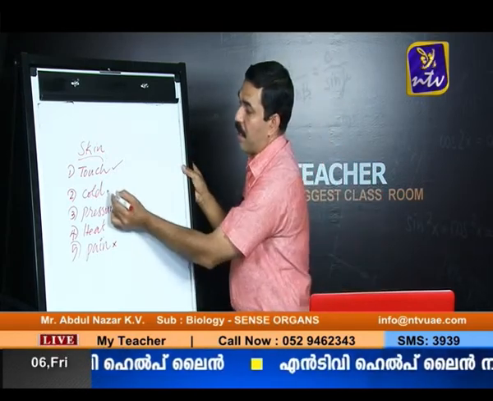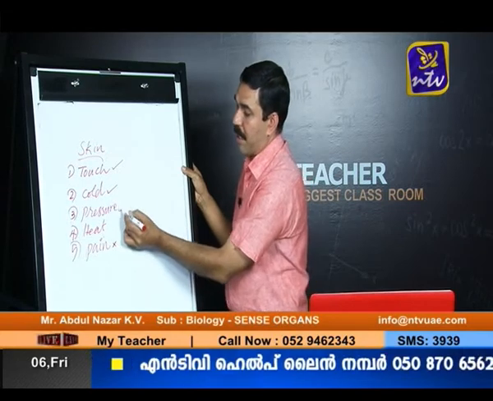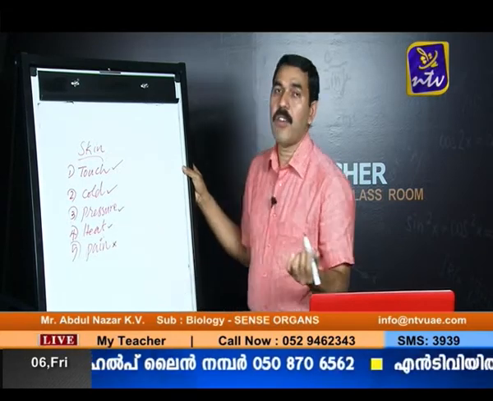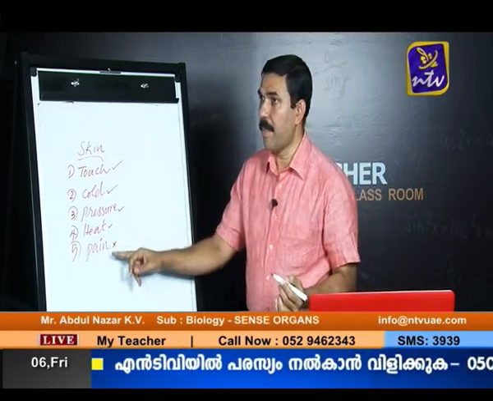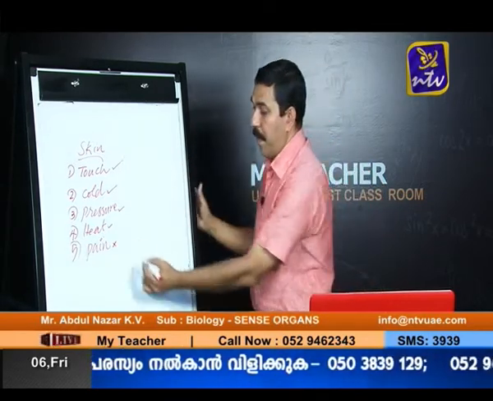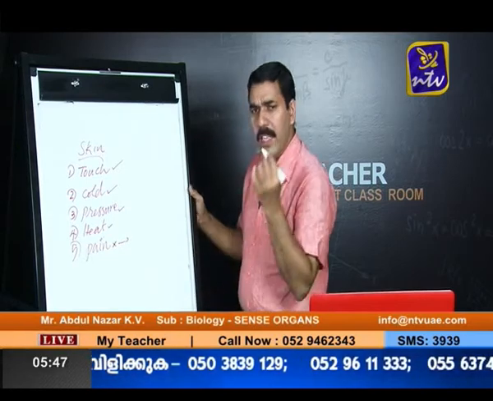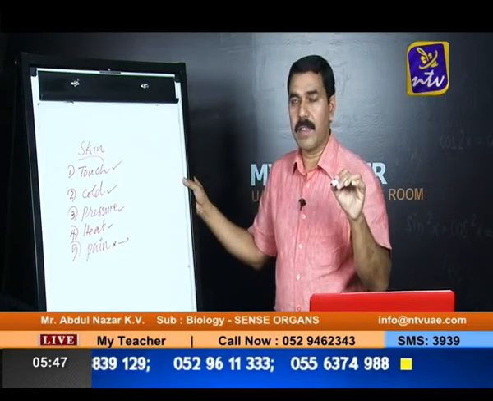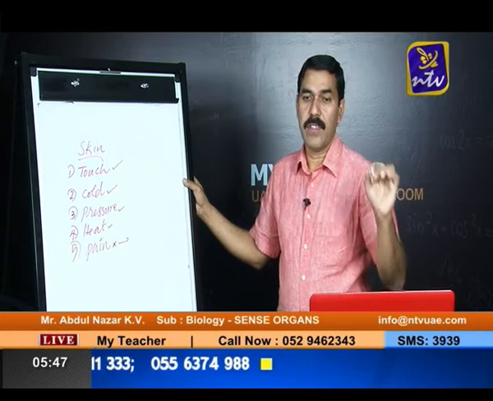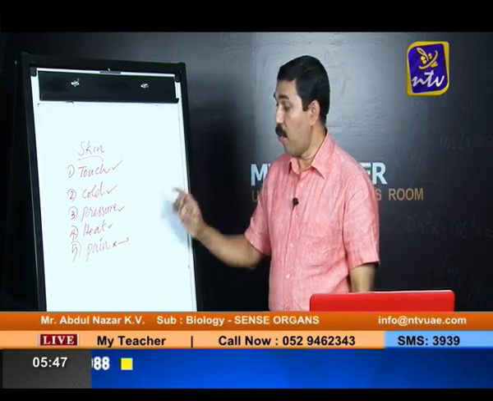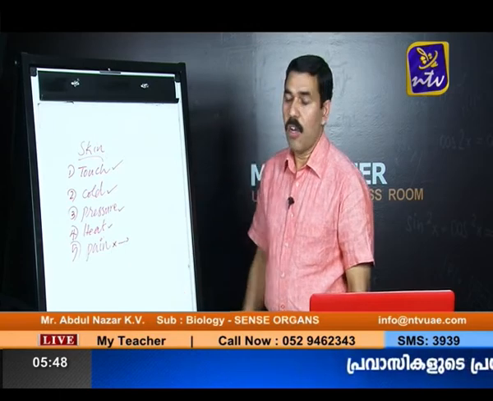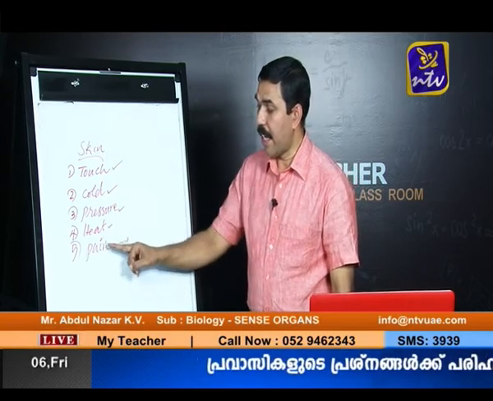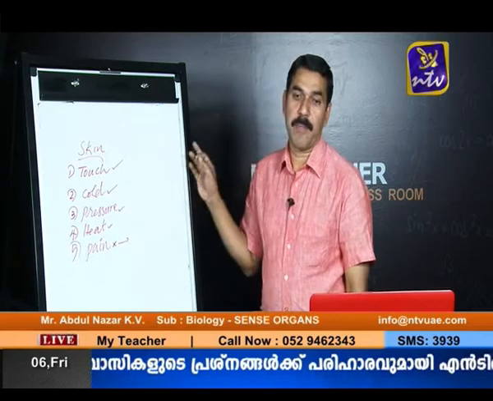Then there are special receptors for registering cold, pressure and heat. And quite naturally you will be asking a question, without a receptor how is it possible to detect pain? In order to detect pain, all the sensory nerve endings directly register pain. There are no special receptors for registering pain. All the sensory nerves can directly register pain.